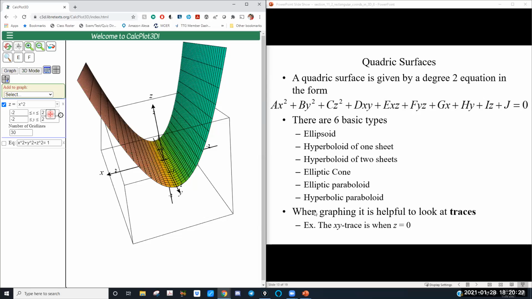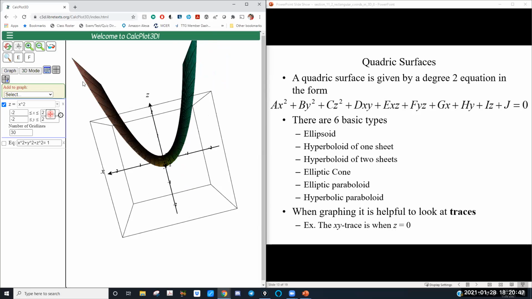But first, let me not skip ahead. What we'd look at are traces. Traces are what the surface would look like in a 2D plane if you set the third variable to 0. So an XY trace is what the graph looks like in the XY plane, where z is 0. Here, the XZ trace would be the parabola, okay? That's what traces are, and it allows us to mentally simplify the surface, so we're only looking at a 2D image instead of 3D. And we'll do this with a couple of these.